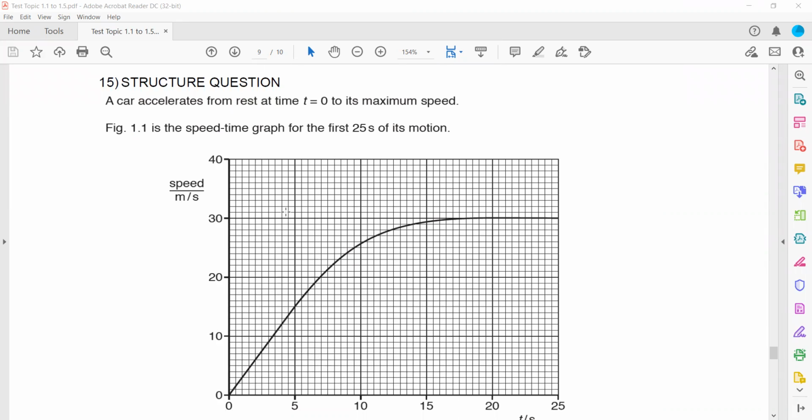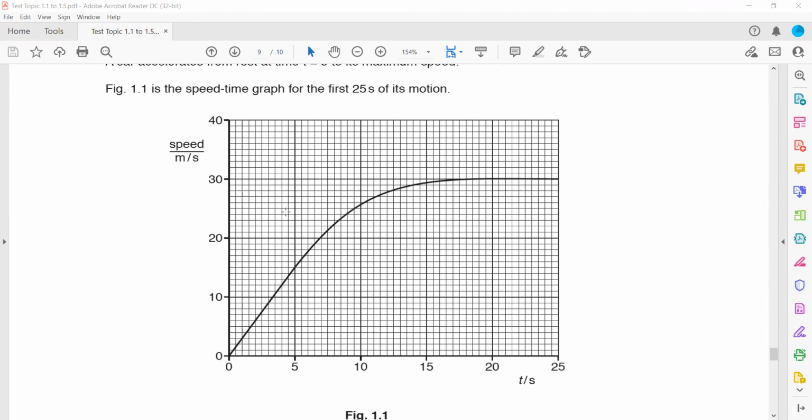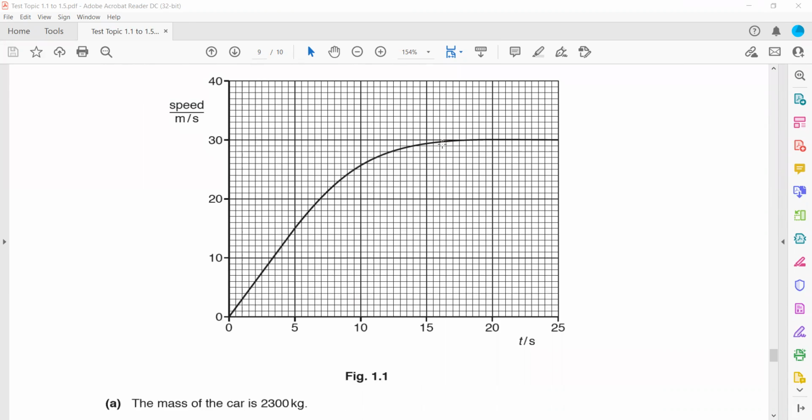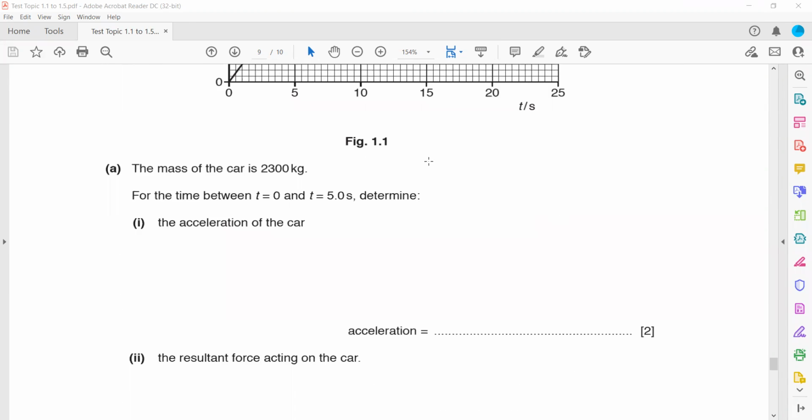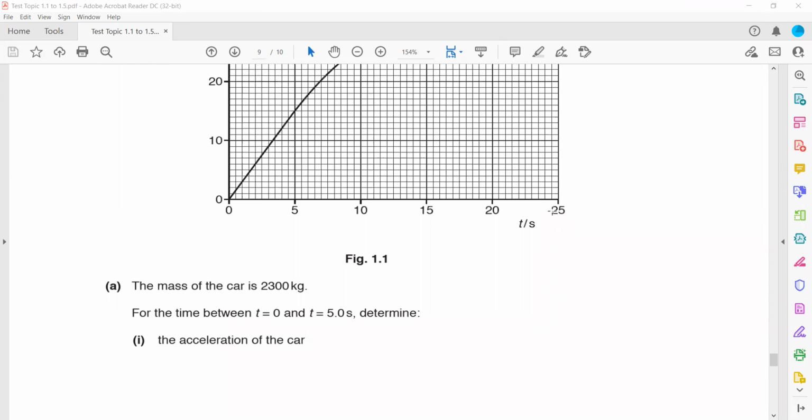The structured question is: a car is accelerating from rest to its maximum speed. The speed-time graph for the first 25 seconds is shown. The mass of the car is 2300. Determine the acceleration for 0 to 5 seconds. So